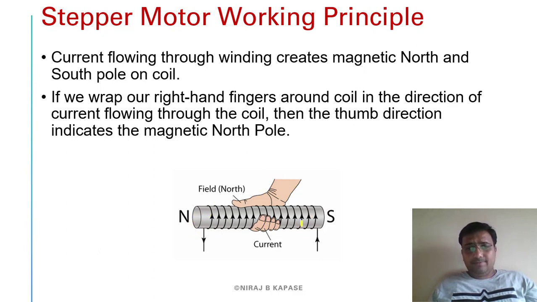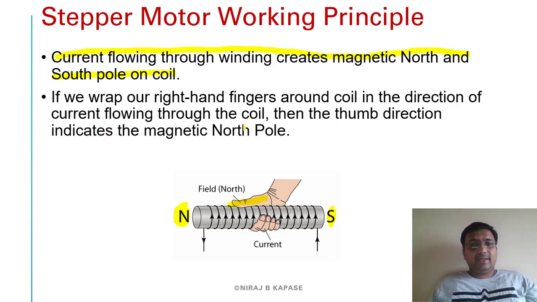So winding is wound on the stator, and a magnetic field is generated. Current flowing through the winding creates a magnetic north and south pole on the coil. So it creates a magnetic field. Here it is a north pole and here it is a south pole, and the direction of the current is toward this side. If we wrap our right hand fingers around the coil in the direction of the current flowing through the coil,